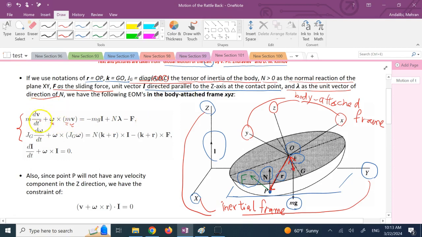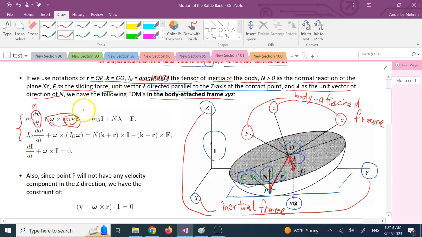Now, what is that? So this is a, right? This is m times a. Why do you have this extra term? Because you are writing the equations in the body attached frame. And in the body attached frame, this mv, this linear momentum, is written along these small xyz axes, which themselves are rotating. So this linear momentum mv has two